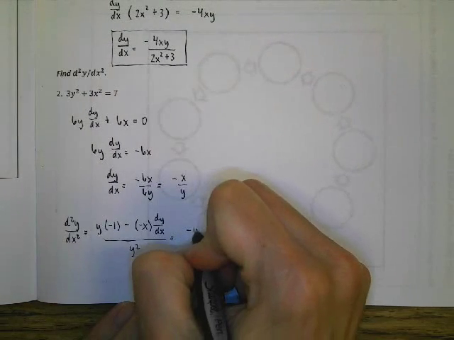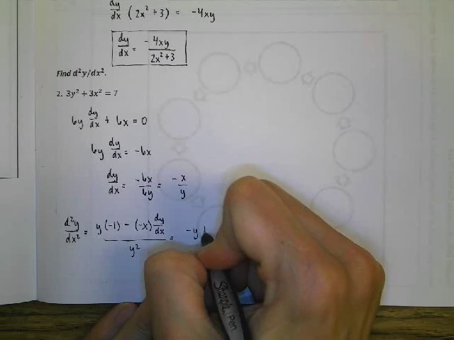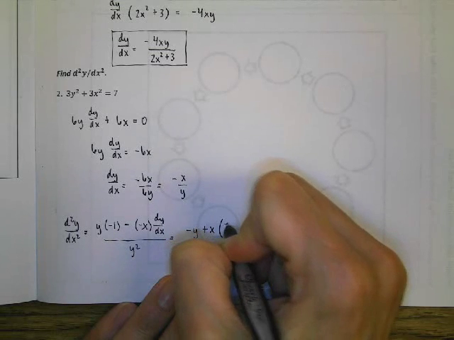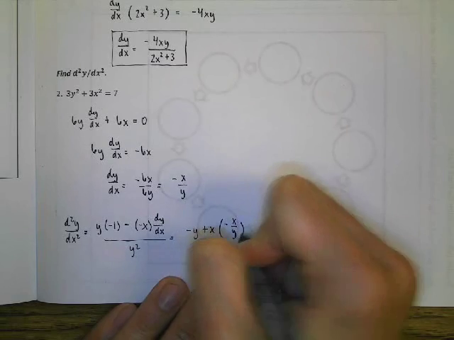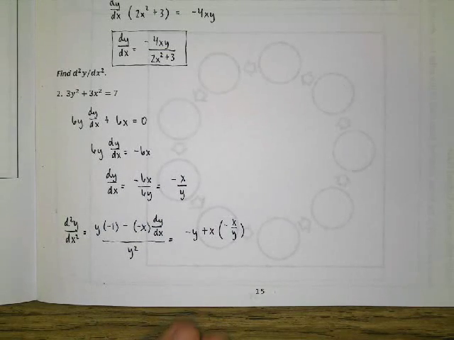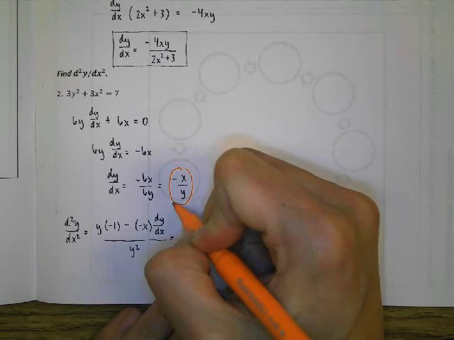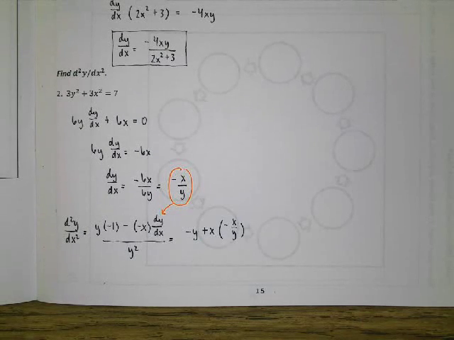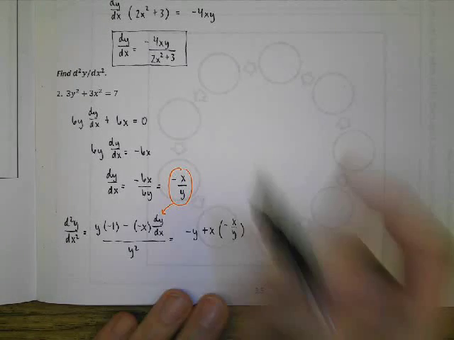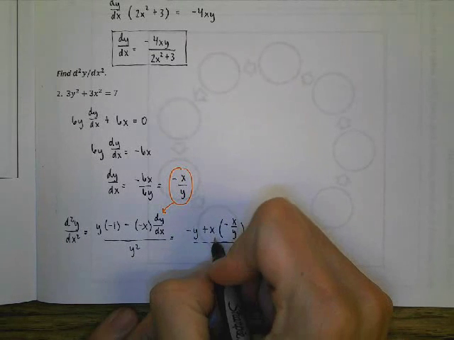And so now, along with doing some simplification, negative y plus x, I'm also going to substitute my negative x over y for dy dx. Again, I'm taking this value, which we know is our derivative, and plugging it in for dy dx. And that's still all over